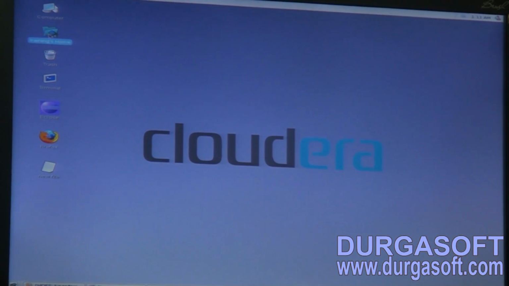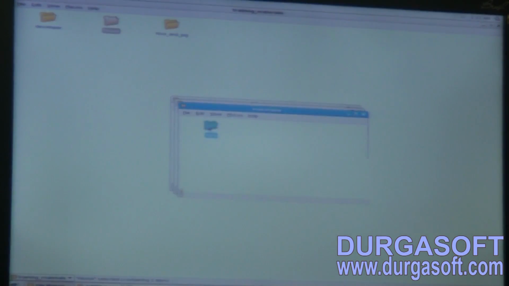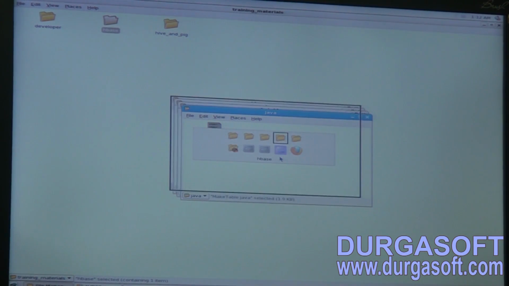Right, go for this trainings home, training materials. In this HBASE is there, open this. XIS is there, open this. Make table is there, open this. Java is there, open this. See, make table.java is there, right? You please copy that and paste it into your Eclipse. Okay,